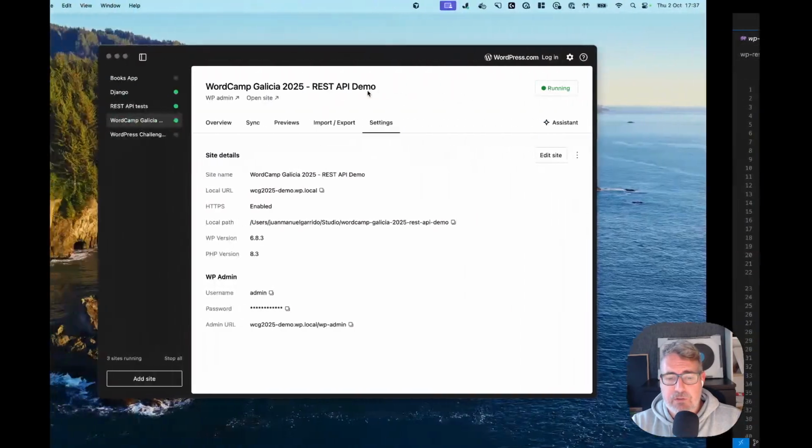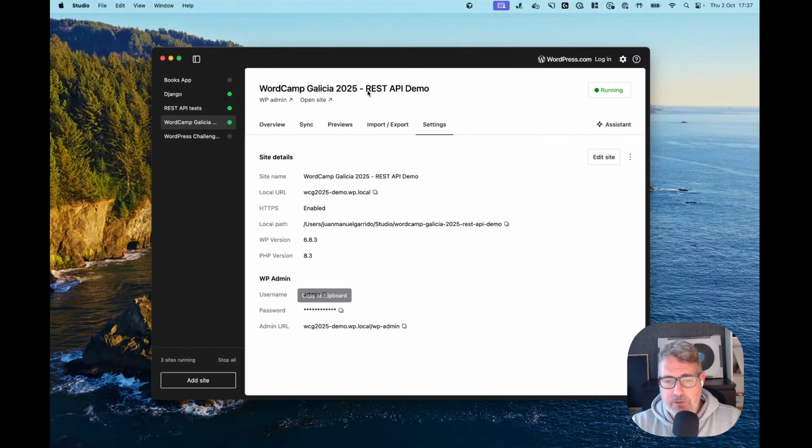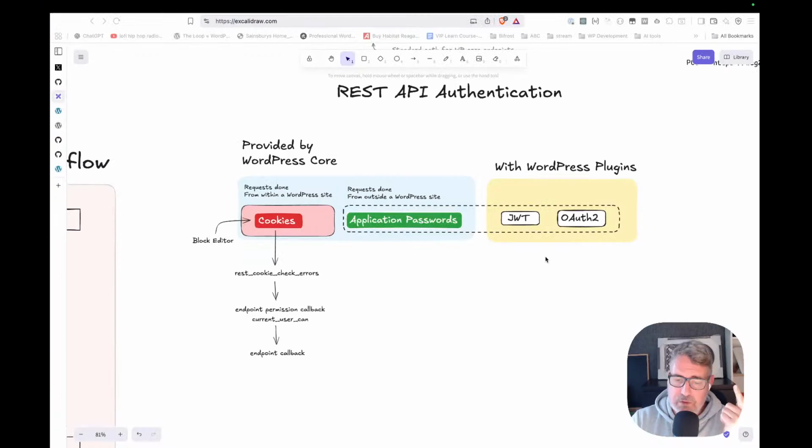So that's not super secure. And then we go to some other authentication methods that are JSON Web Tokens and OAuth 2. OAuth 2 is just a series of recommendations used to generate secure workflows in order to authenticate users in applications. So the approach for JSON Web Tokens is,